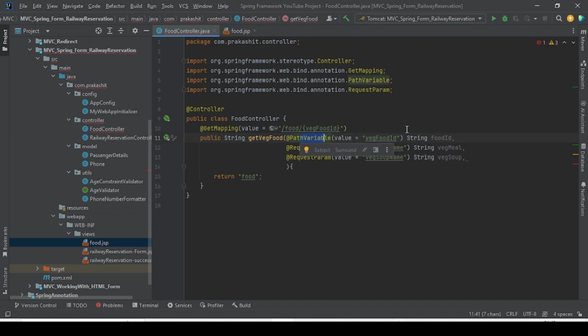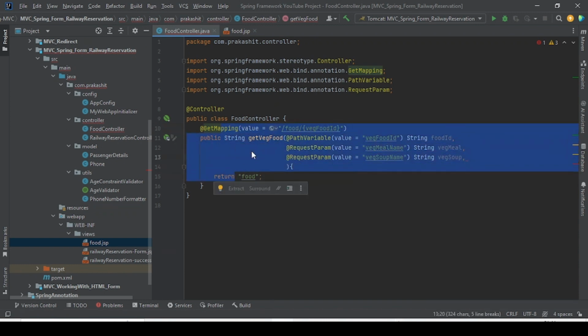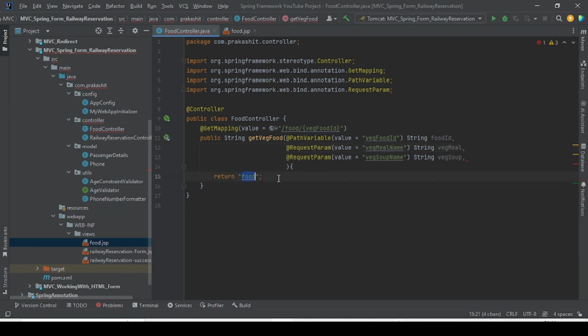The difference is that you have to remember. Okay, so once all these things we captured, in order to send whatever values we capture as part of the path variable and the request parameter from this particular controller to some resource or some page, here particularly to the food page,